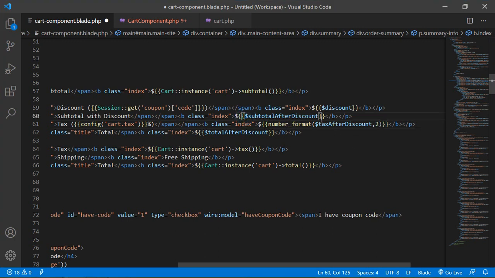Also add it for the subtotal after discount, so just cut this, number underscore format, and two. All right, and also for the discount, number underscore format.